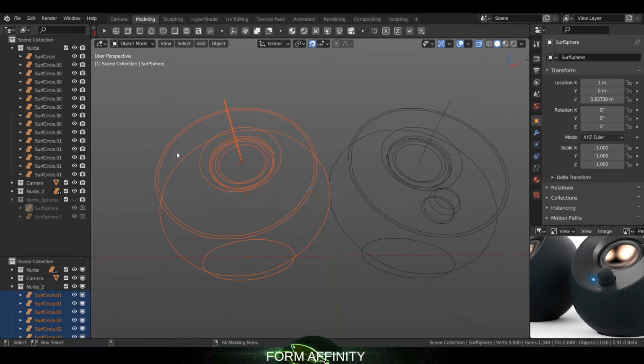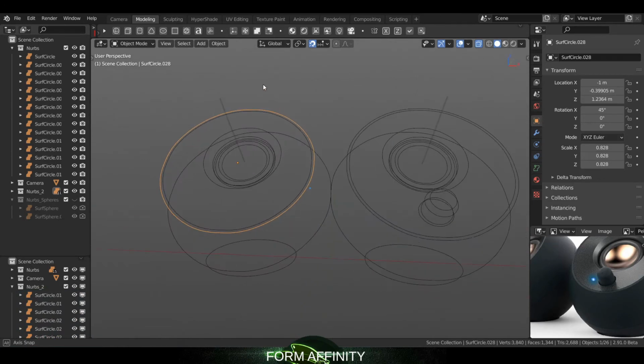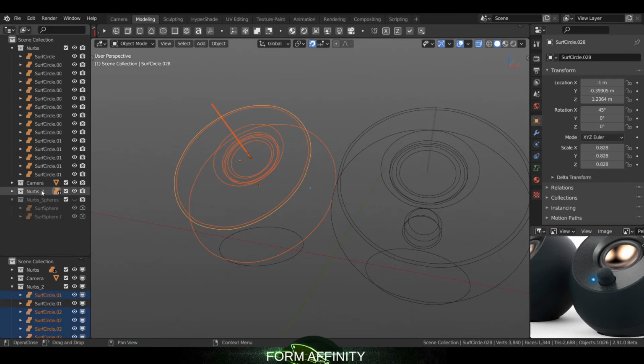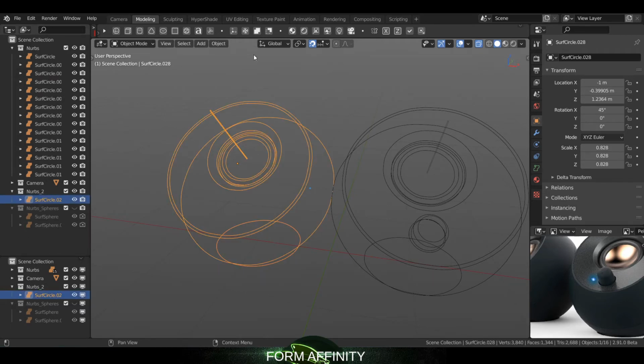If we just drag select this, you'll notice we want to click first, make sure that the Nurbs 2 collection is active, and then we can join here and turn that into a single object. Looks like I'm missing one, so I'm going to grab this as well, and join. Okay,